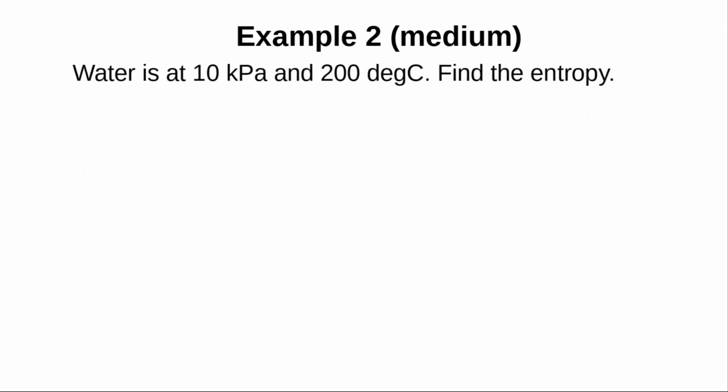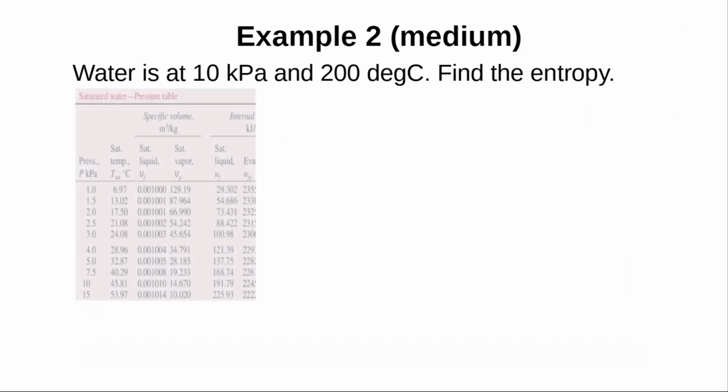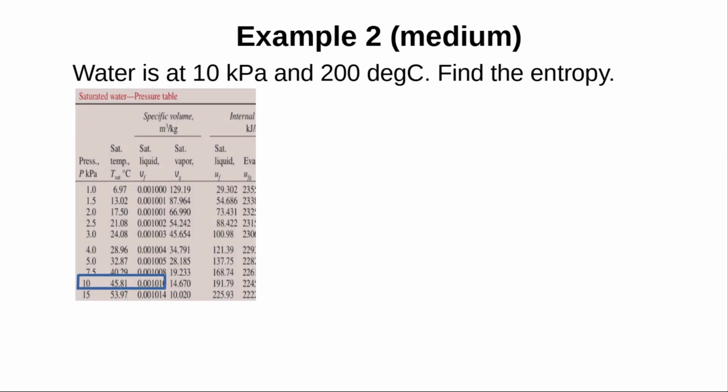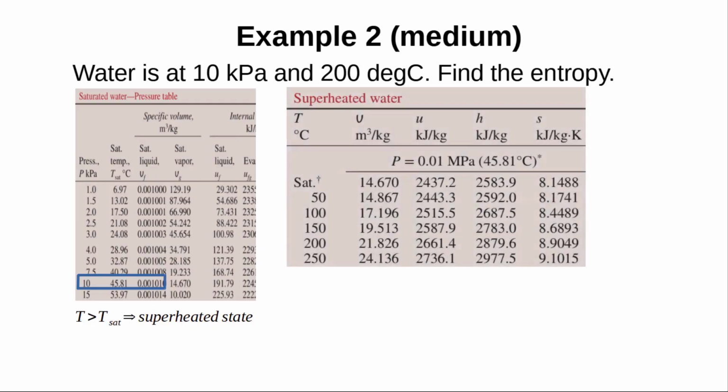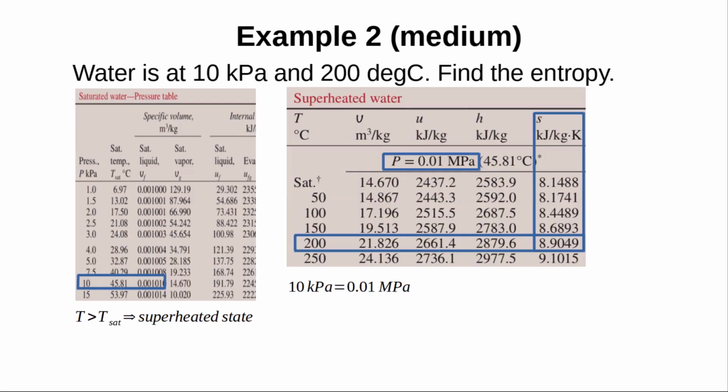Example 2. Water is at 10 kPa and 200 degrees Celsius, and we want entropy. Looking at our saturation table, our given temperature is larger than our saturated temperature, meaning we'll use the superheated table. 10 kPa is 0.01 MPa, and in this section of the table, at our temperature of 200, we find our